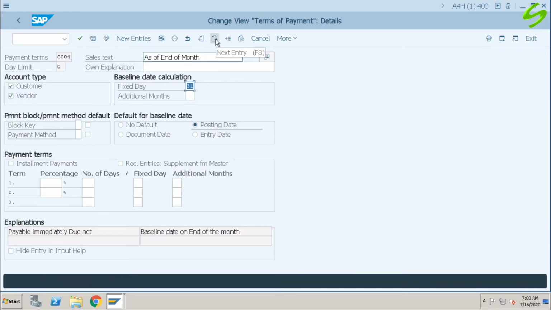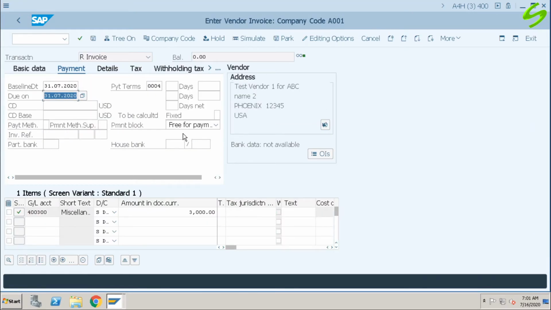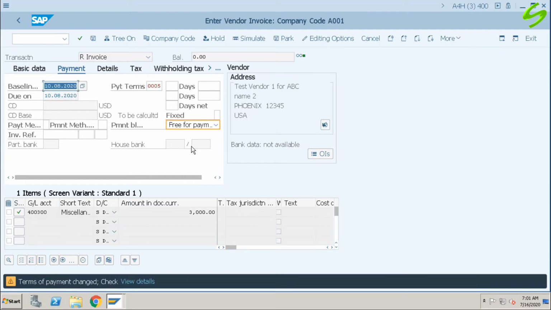Let's go to the next payment term, 0005. Here we are adding additional months. The fixed day is 10th and then we are adding additional month to it. That means baseline date will be 10th of next month. Let's check that. Change it to 5.